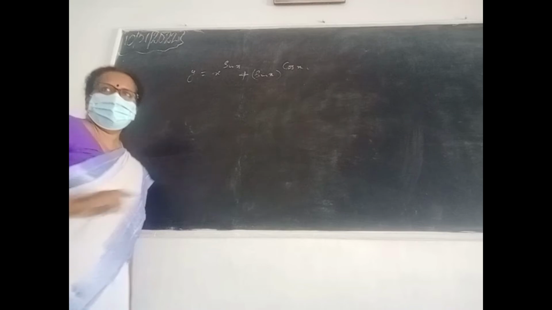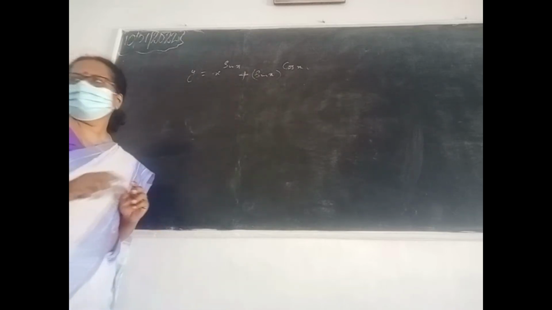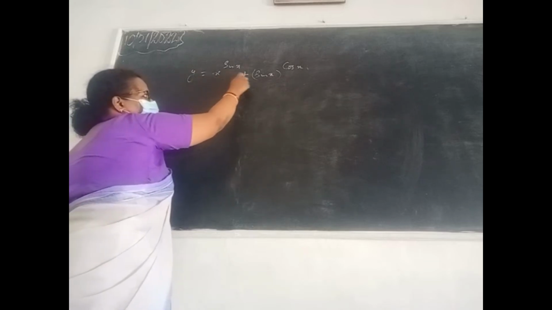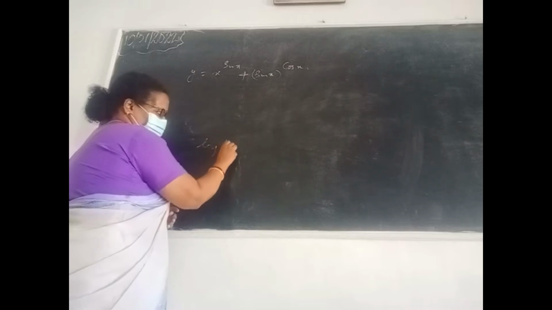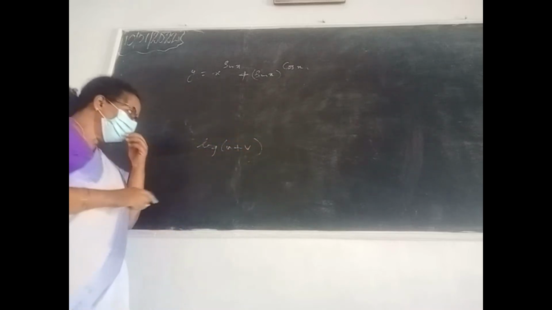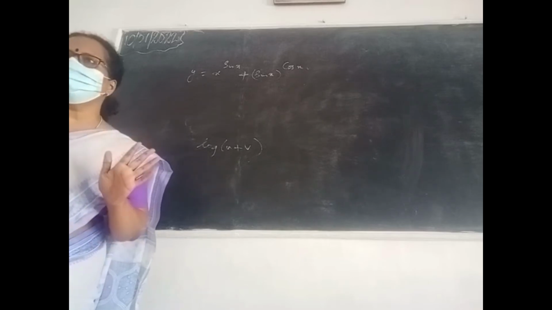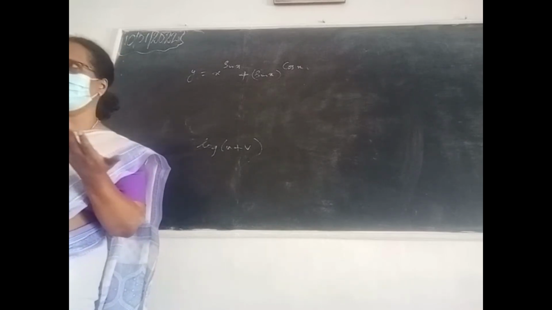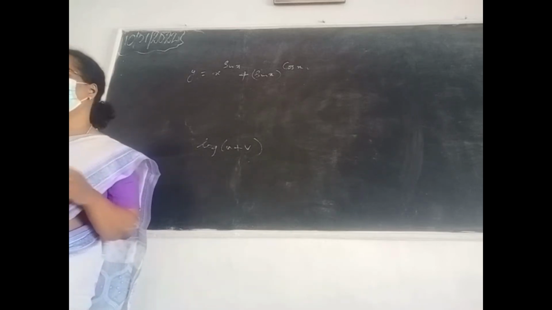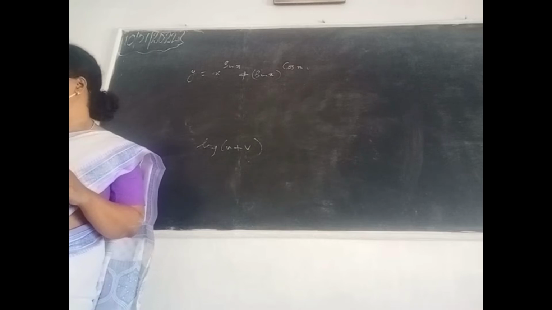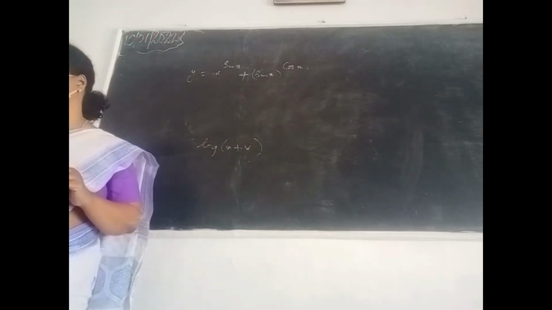Look here, if you take a logarithm on both sides as the usual method, what will happen to the RHS? It will be log of one function plus another function. Log of u plus v form is coming on the RHS, isn't it? But what is the rule? Log of u plus v? There is no logarithm rule. We learned log of AB is log A plus log B. For addition, there is no logarithm rule. Only for product and division we are applying. So here we will not be able to apply logarithm on the RHS.